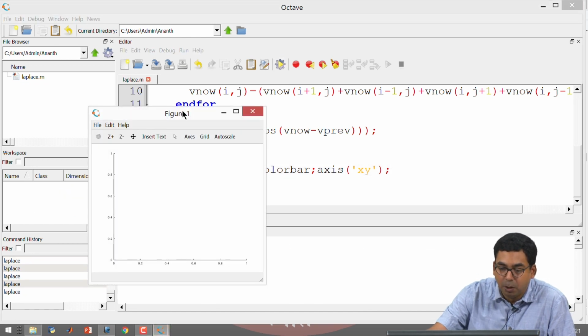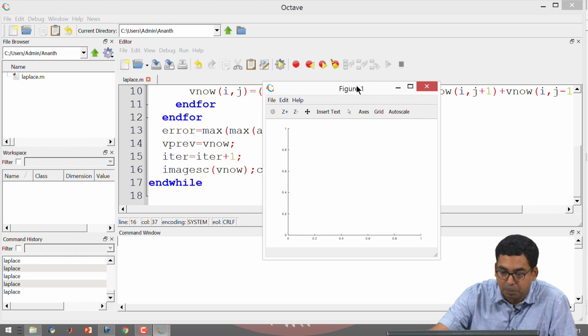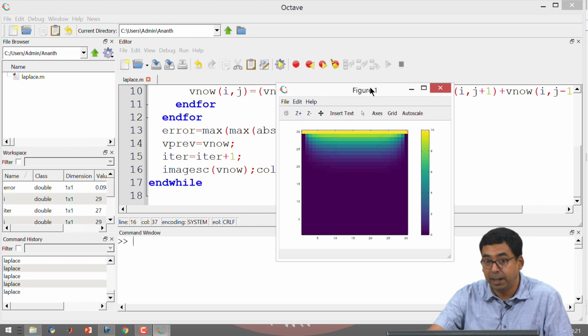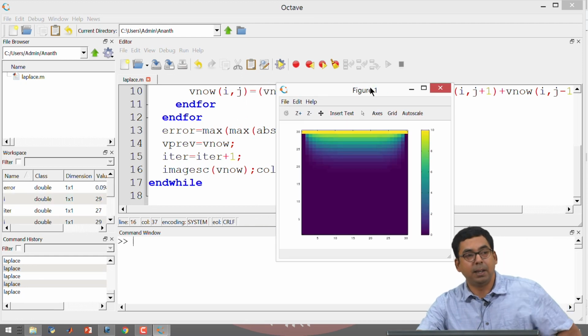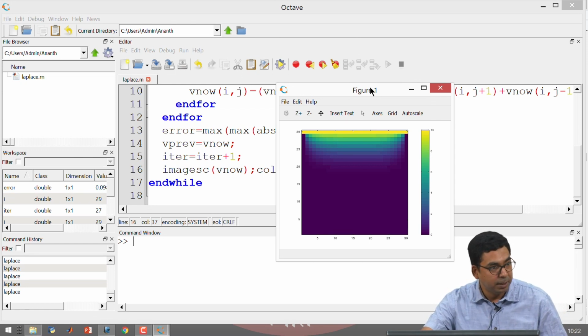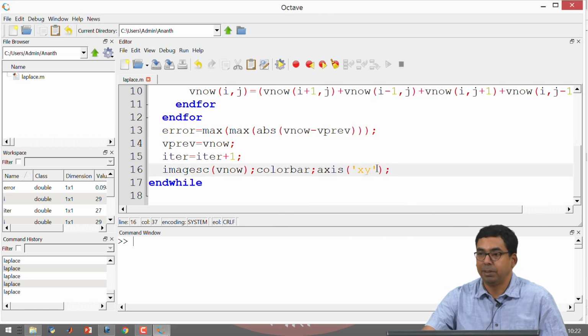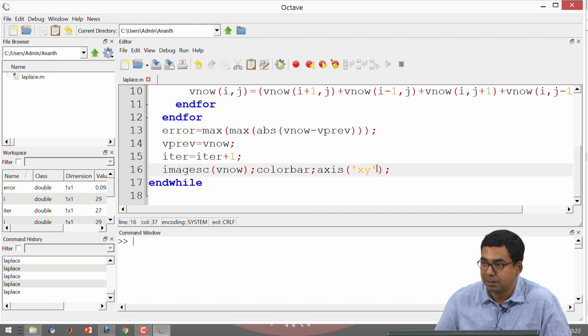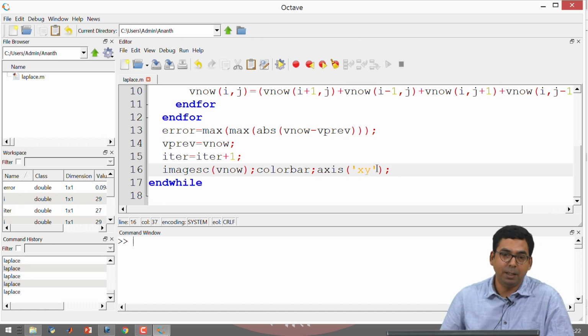I immediately notice that there is a problem. I get the value of the voltages that have been calculated only after all the iterations have finished. This is a problem because the time it takes to refresh the screen is larger than the time it takes to go for the next iteration.